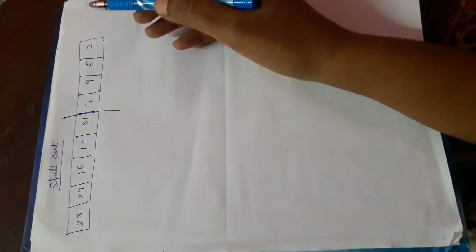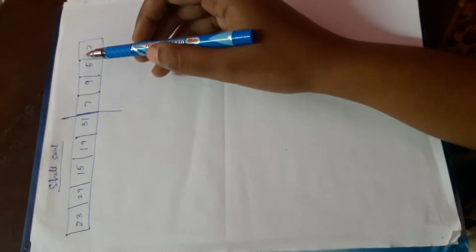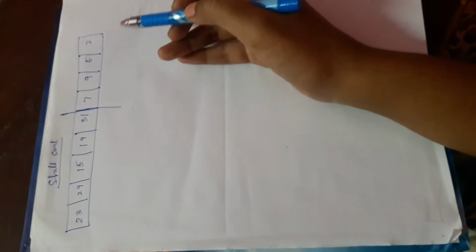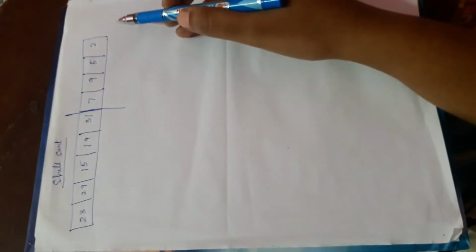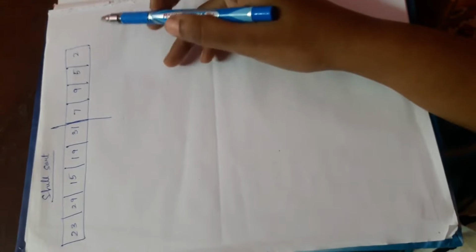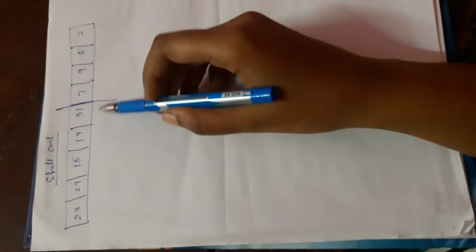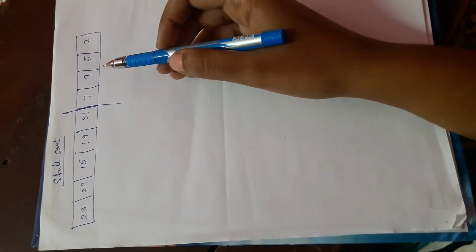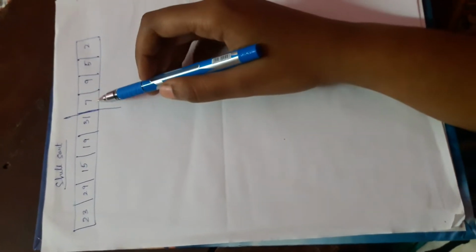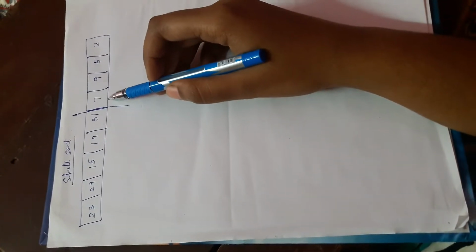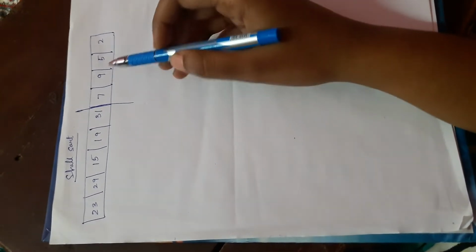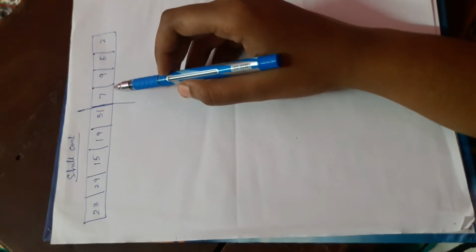Okay, so for example, in insertion sort we will split the array into a sorted array and an unsorted array. Suppose I am taking this side as the sorted array and this side as the unsorted array, just as an example. In insertion sort, how we are going to do the sorting is, we will take the first element of the unsorted array and compare it with all the elements of the sorted array.